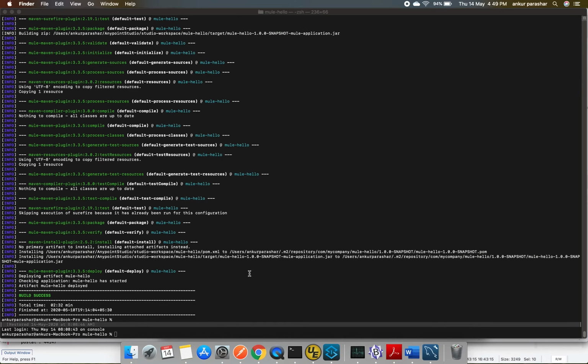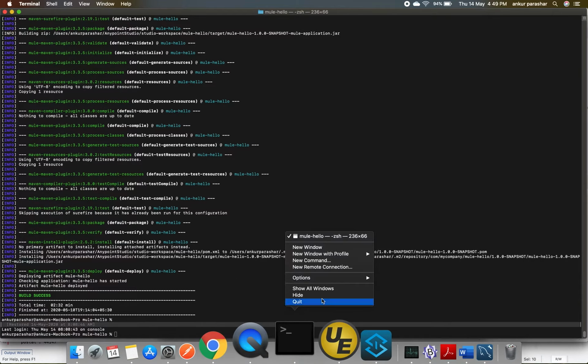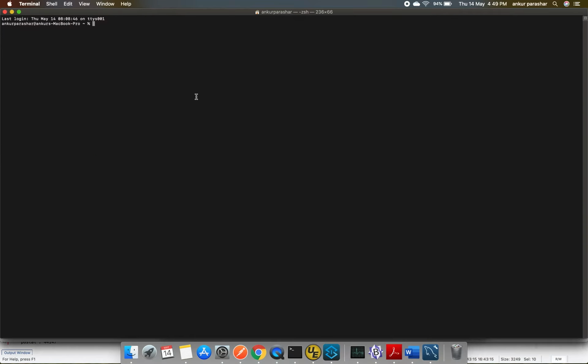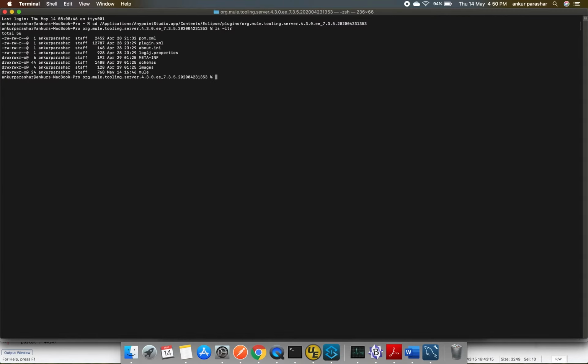and let me open a new window. So I will do a cd, control v, enter, ls -ltr. I will go inside mule.